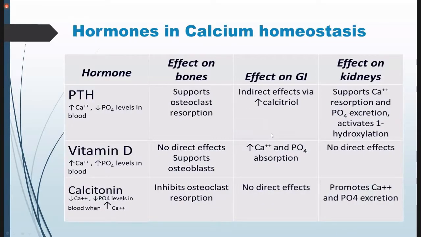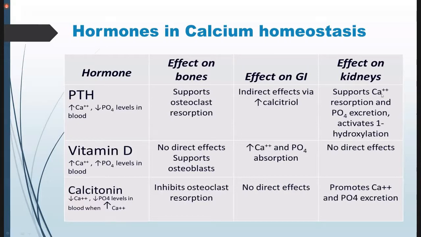Now, these are the three main hormones which are responsible for calcium homeostasis in the blood. I've already explained how PTH is acting on the bones, where it stimulates osteoclast resorption, and how it acts on the gut, where it increases calcium in the blood through calcitriol, that is activated vitamin D, and it acts on the kidney, again helping the calcium reabsorption from the renal cells, phosphate excretion, and thirdly the activation of the 1-alpha hydroxylation of the vitamin D, which is present in the blood and needs activation to be converted into calcitriol ultimately.